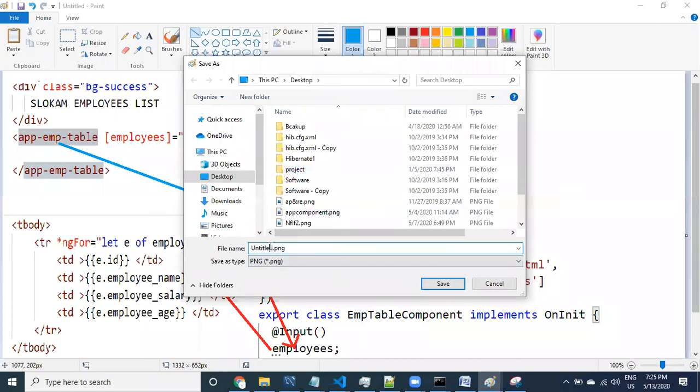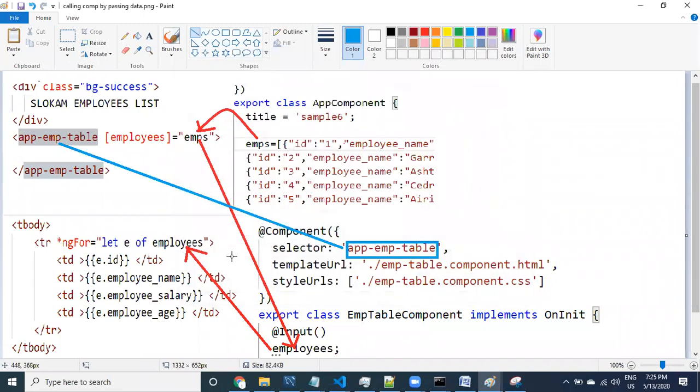So now, calling component by passing data. See this diagram shows we are calling the employee table component from the app component class.